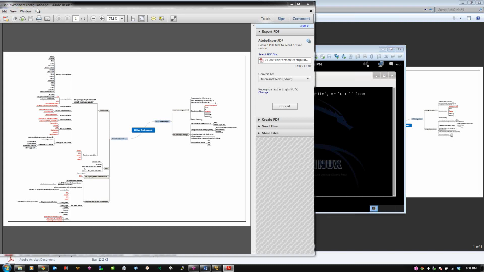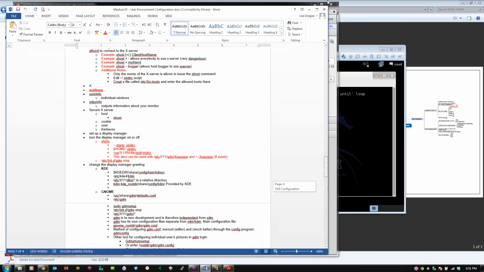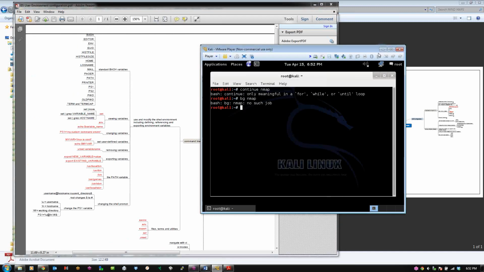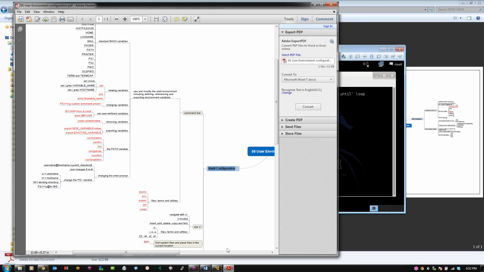All right, so tonight we're going to be doing Module 5, User Environment and Configuration. And here's your one-page mind map on it. Also go over Module 5 Configuration. So tonight we're going to be doing User Environment. We're going to start with Shell Configuration. And basically we'll work at the terminal first, and then we'll go back over and we'll do it through the